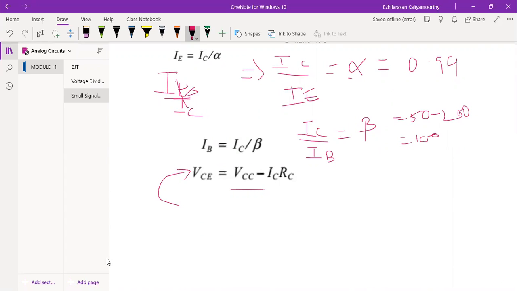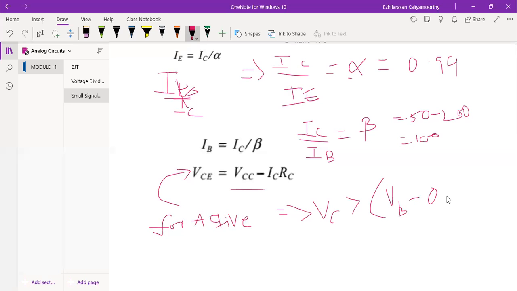So now, for the transistor to be in active mode, because this is an amplifier, the collector voltage VC must be greater than the base voltage minus 0.4. We have to be careful about this. It allows the represented signal to swing at the collector. To get a large signal swing in the active region, your collector voltage must be greater than VB minus 0.4.